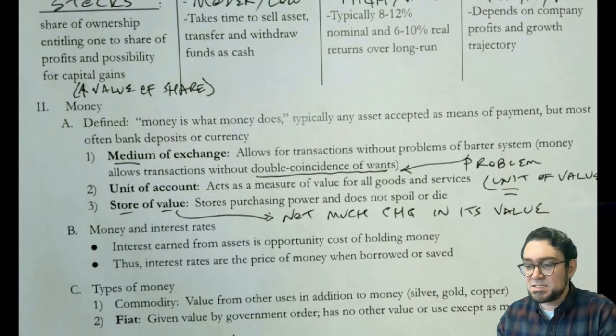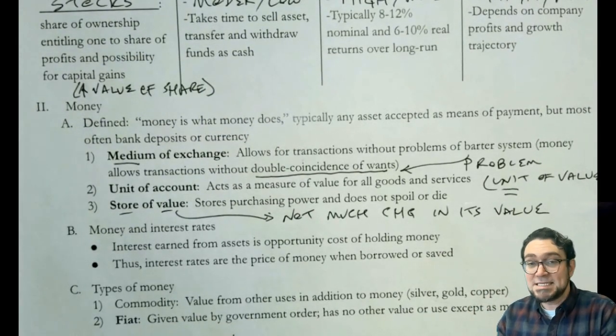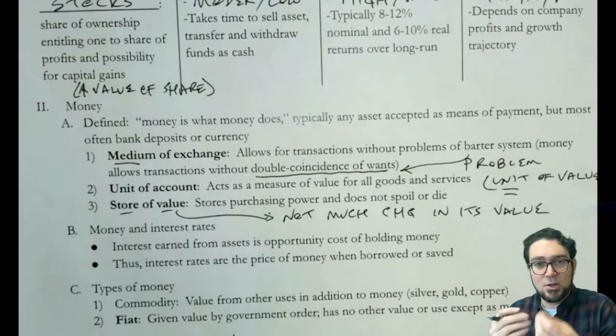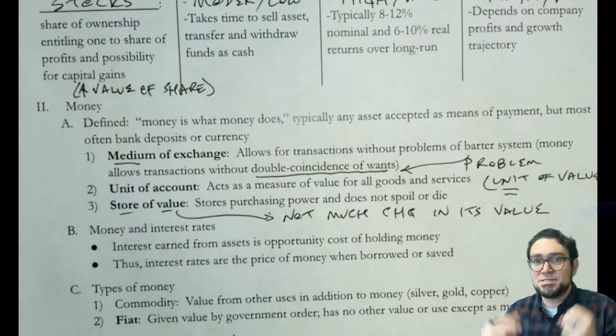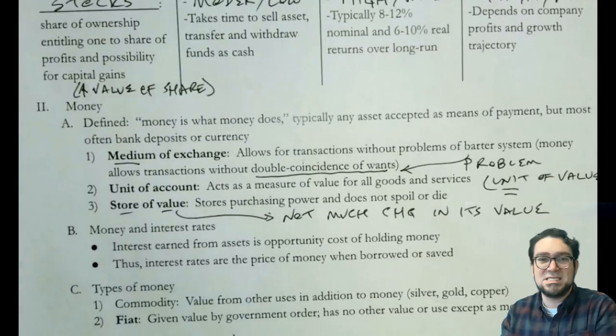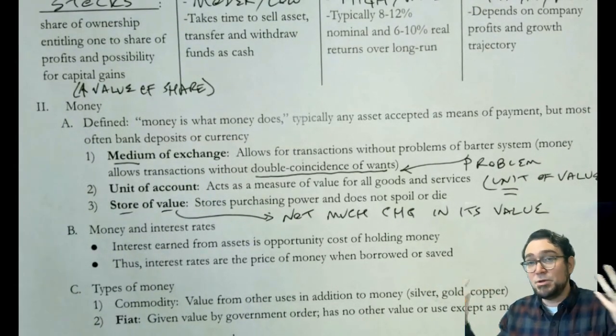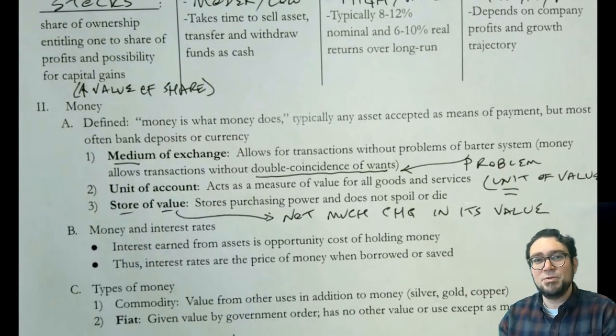In some prison systems, sardines and cigarettes are money. On the island of Yap, there are giant stone wheels that work as money. In the United States, we use these fake little pieces of cloth paper that we call dollars. Those dollars are what we call money, right? It doesn't really matter what we use as the stand-in here. We could use stone wheels, we could use pieces of cloth or paper, we could use beaver pelts. There's pretty much anything that we can use as money as long as it does all three of those things.